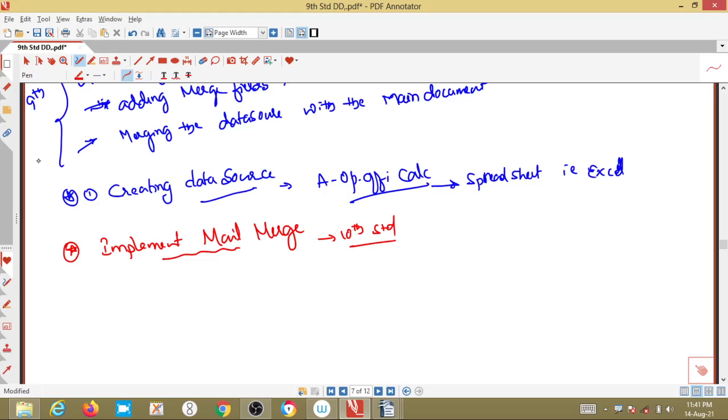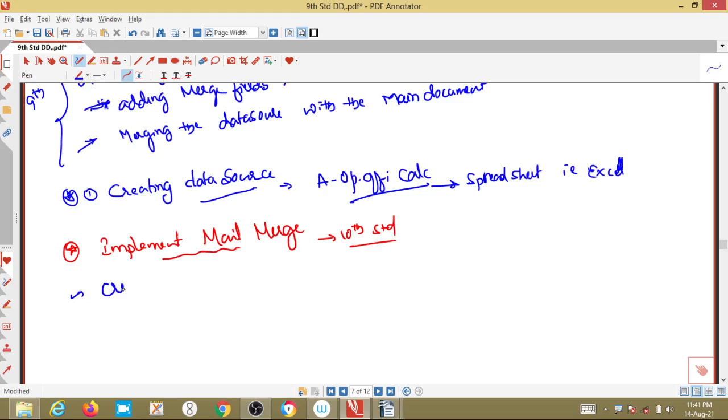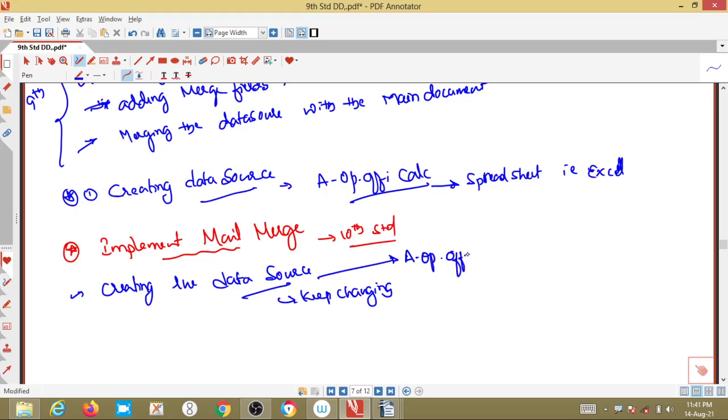The first step is creating the data source. Is the data source fixed or does it keep changing? Yes, it keeps changing, so we can call it floating data. We create this in OpenOffice Calc, that is a spreadsheet, in the sense of Excel.